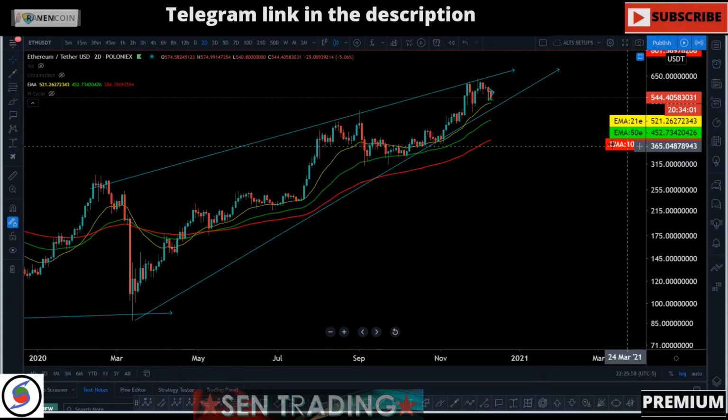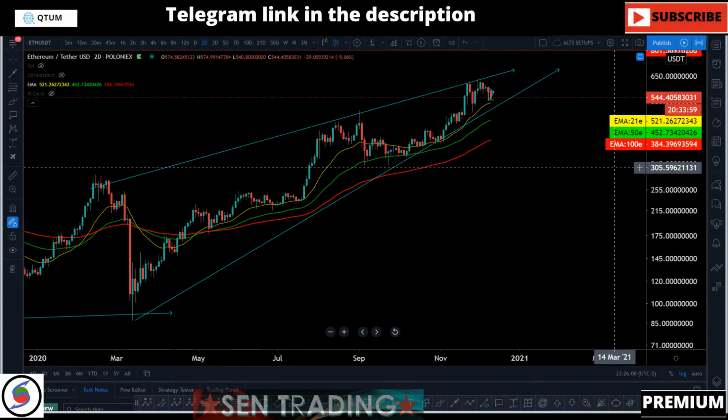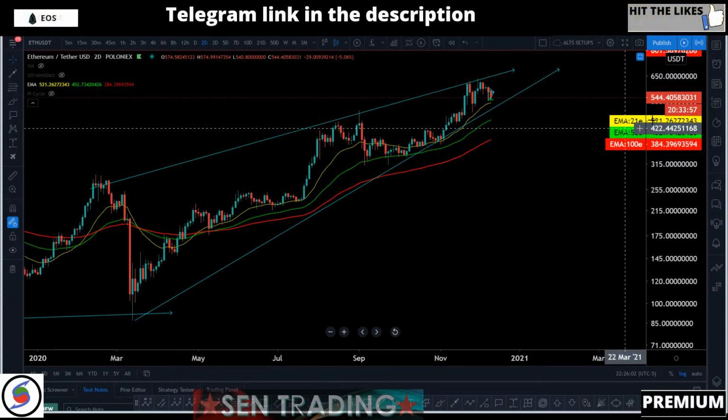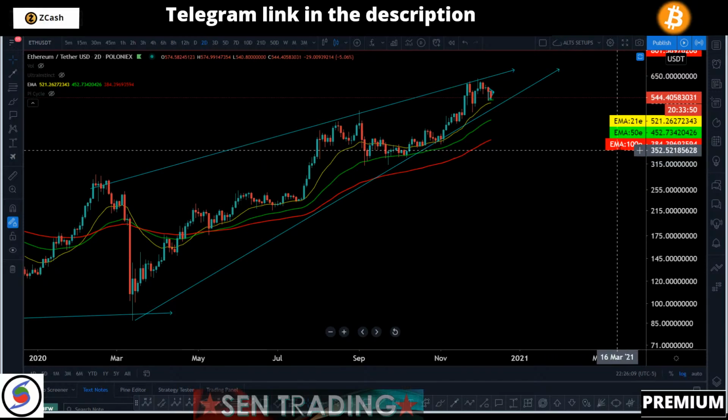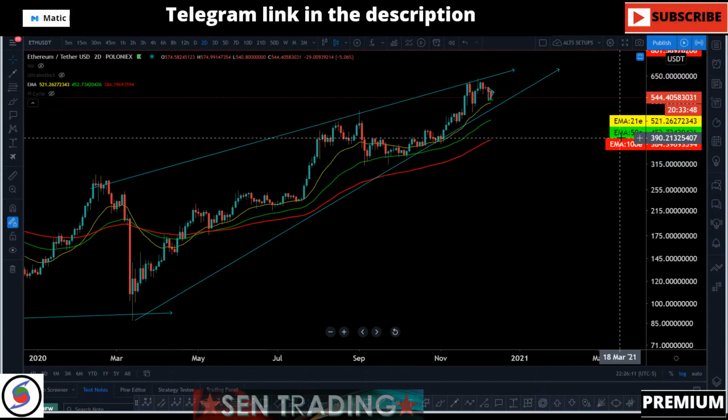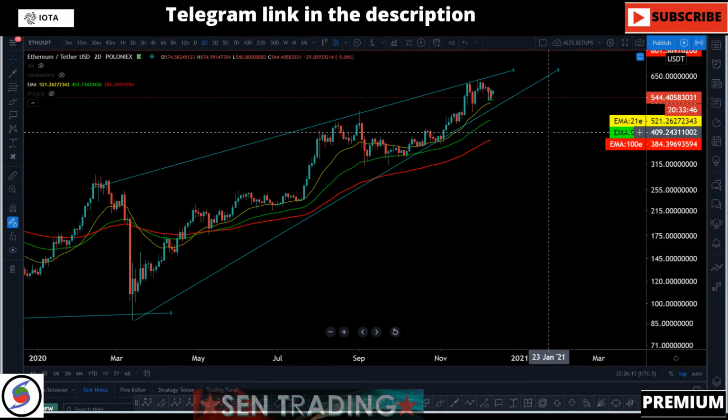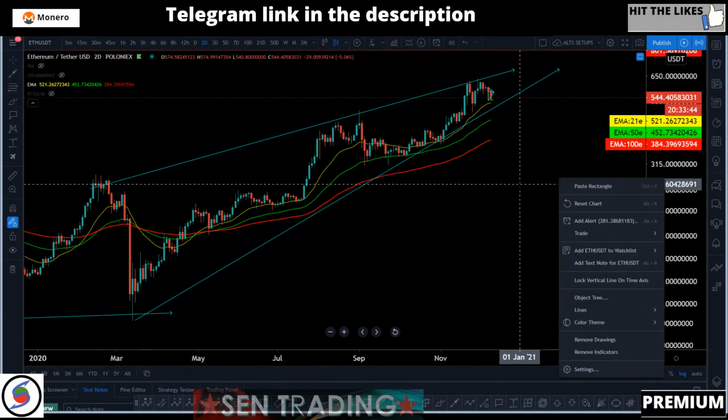Tyler, you got the names of my moving averages on the right side. You can see the red line is the 100 EMA, the 50 EMA is basically red, and all of that good stuff, right?